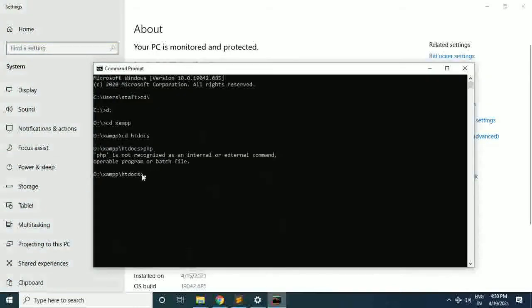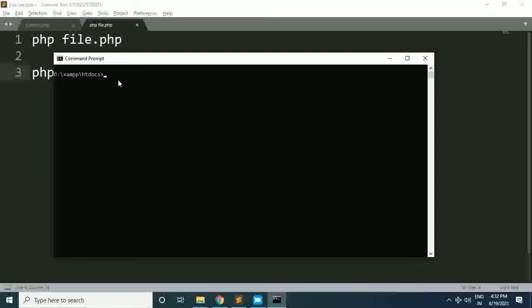Now let's try to execute our PHP code here. Now our system knows where that PHP interpreter is located. Okay, now it can easily use that interpreter for execution of our requested PHP files. Friends, I have cleared all the previous commands and now we are in htdocs. So what command will I type here? php followed by the name of our PHP file, that is cli-demo.php, and hit enter. So you can see we got the output welcome to PHP.